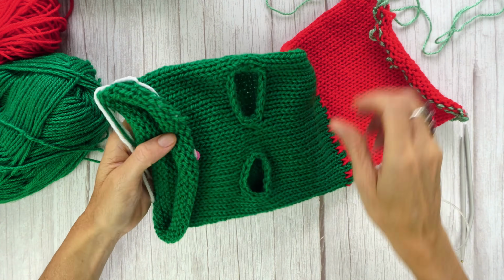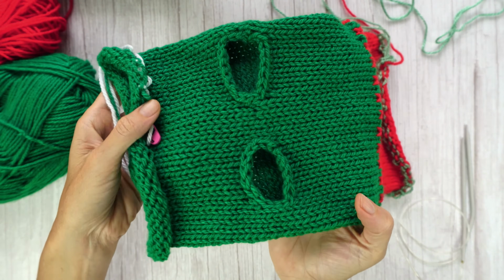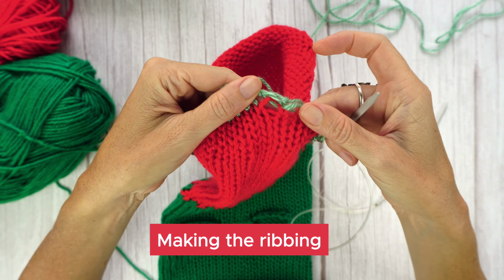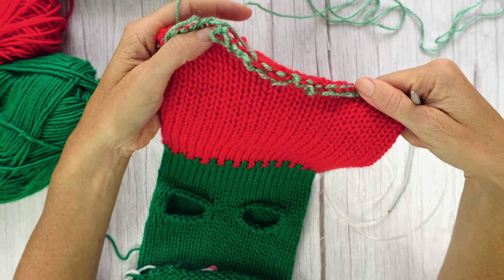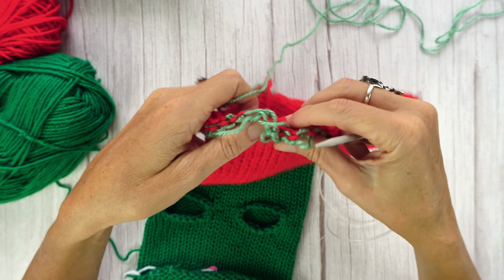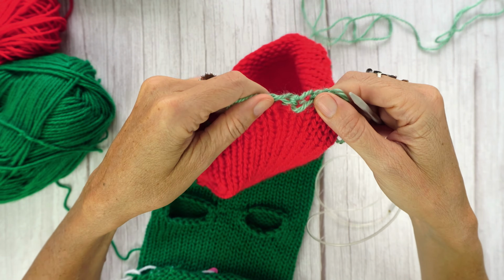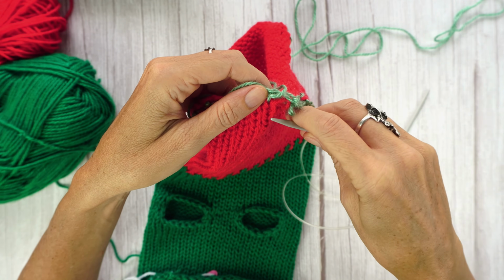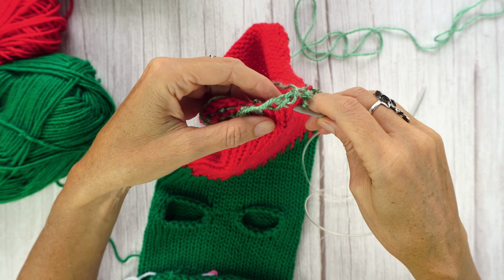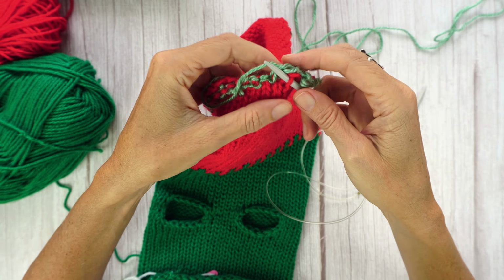Now this is how it's looking right now. Now for the bottom of this pet sweater, I'm going to make a ribbing, but in a different way. So I'm going to show you guys right now. It's another option you can use for sleeves or anything you're trying to make. I'm going to slide through this